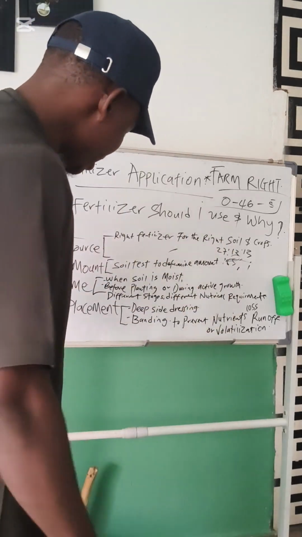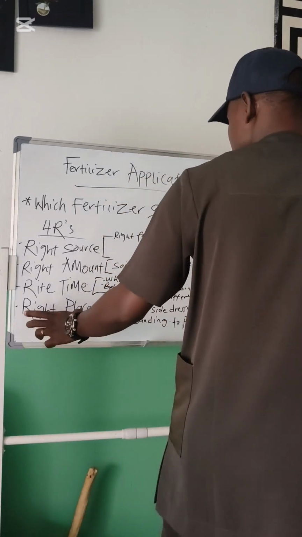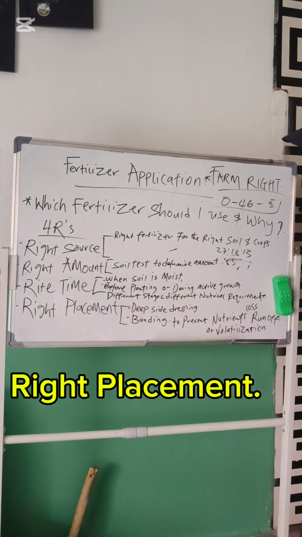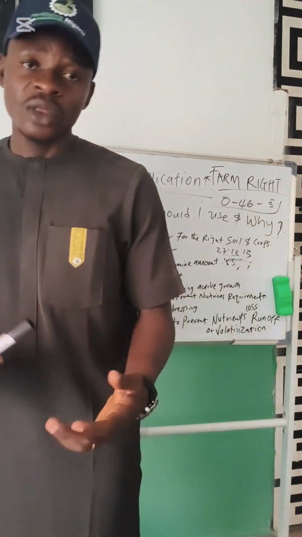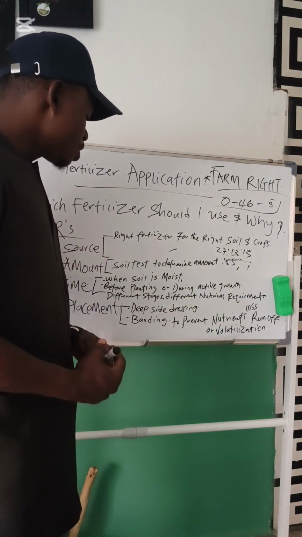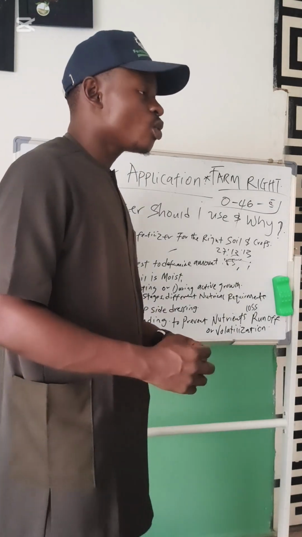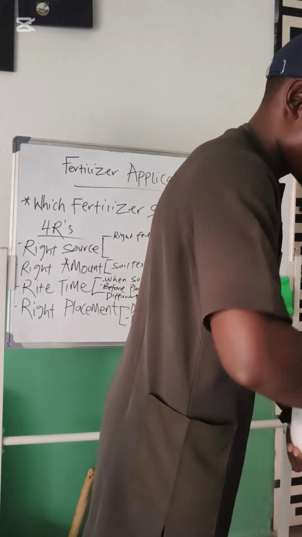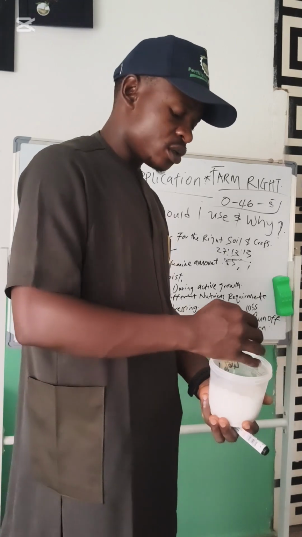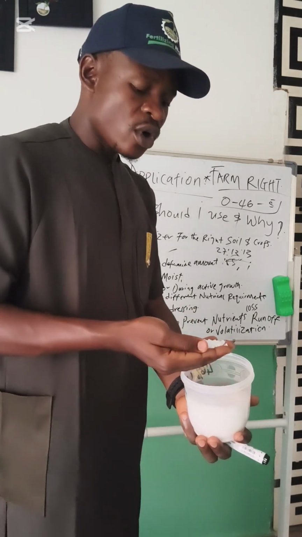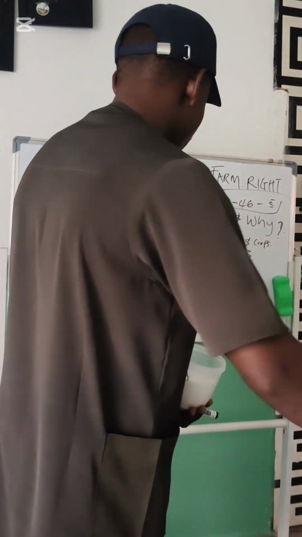That should take us to our next R, which is the right placement. At the right placement, this is a stage where you talk about the method of application. Deep side dressing. Deep side dressing is when you, just like how I was introducing, make sure you wash your hand after tampering with this. You take your handful of fertilizer and then you introduce it at the base of your crop,